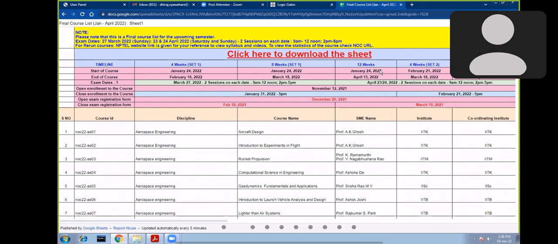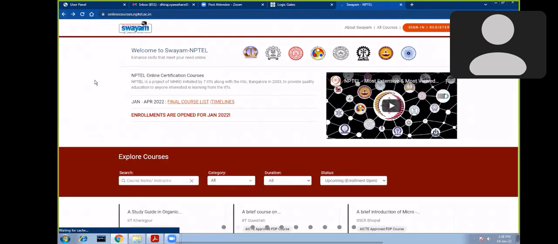All these are in the set 1 courses. Set 2 courses are starting from February 21. But it is compulsory now that every first year student has to join, suppose, introduction to C and Internet of Things. That will be helpful to you. Once you join that course, the different material will be dropped